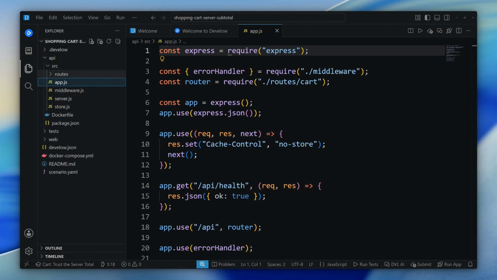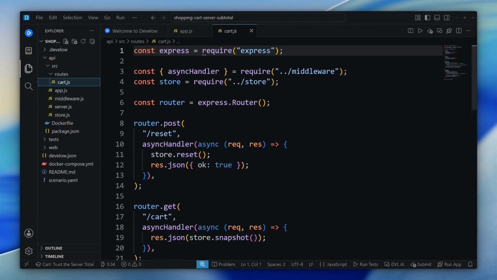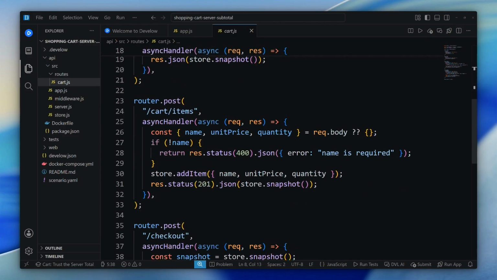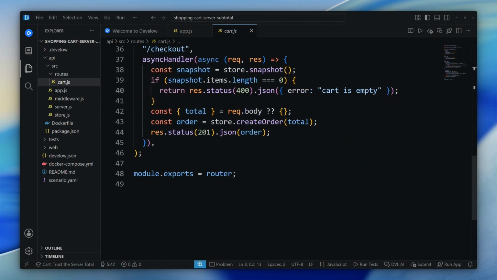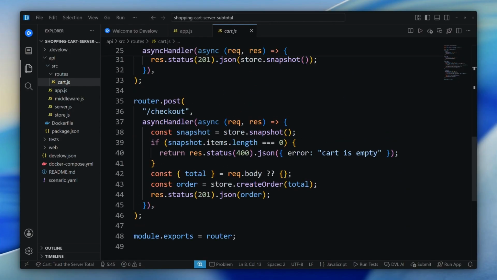Let's look at API/src/routes/cart.js, where this endpoint handler lives. Locate the checkout middleware handler. We can see where the old logic extracts the total from the request payload: const { total } = req.body; and then passes it down using const order = store.createOrder(total);